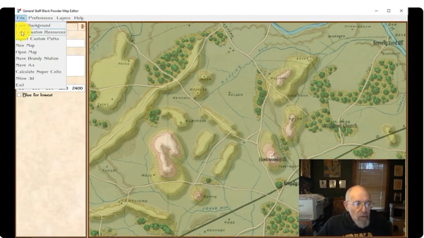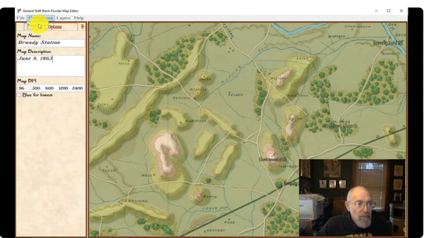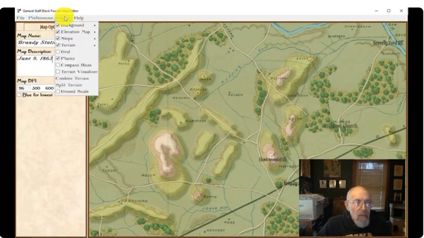Load Custom Resources, that is for another method of importing roads and rivers and elevation. I'll show you how to do that in another tutorial. Same with Import Custom Paths. That's how I normally make roads, because I can't draw very well. Preferences, this is the ever popular Victorian fancier plain styling that's throughout this. Now remember, we're using all kinds of different layers, and this is a pretty good example. I'll be able to show you all these different layers. So I guess we'll start by just turning all the layers off.